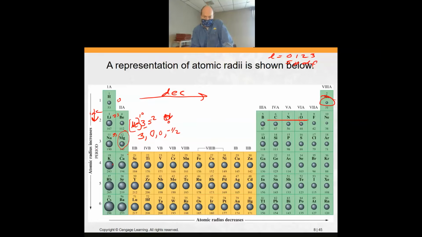If we pick iron, iron is right here. All right, so if we are picking iron, we see that S starts at 1, the P starts at 2, so this is the 2P, here's the 3P, here's the 4P, here's the 5P, here's the 6P, and then the D starts at 3. So this is the 3D, and this is the 4D, and this is the 5D. All right, so this is the 3D, and then we got to count how many over. This is 3D, 1, 2, 3, 4, 5, 6. And so we're looking at a